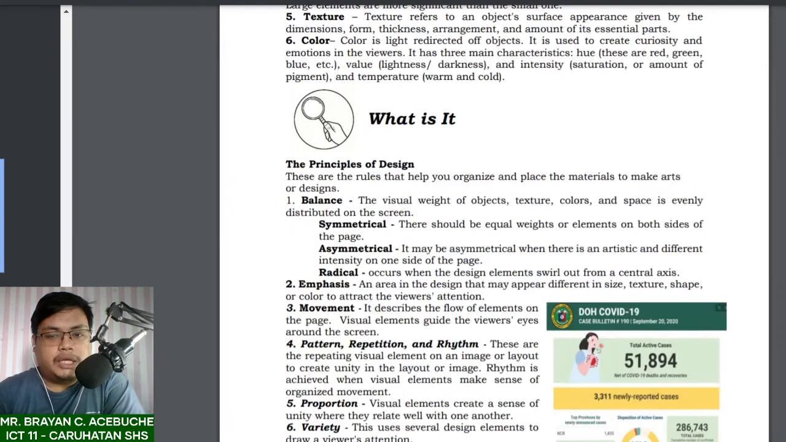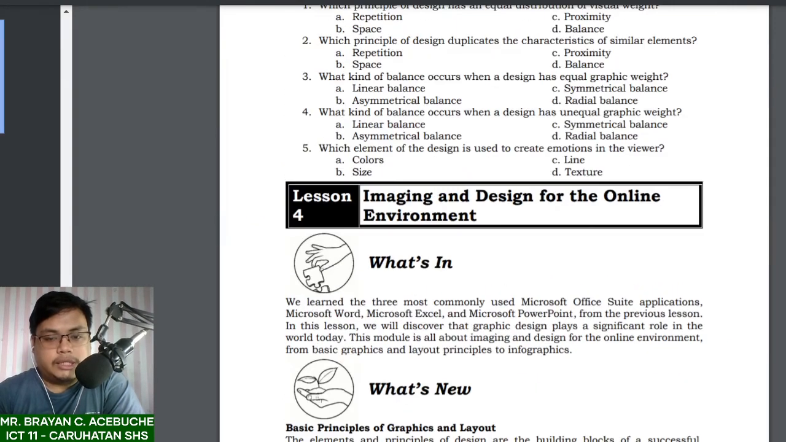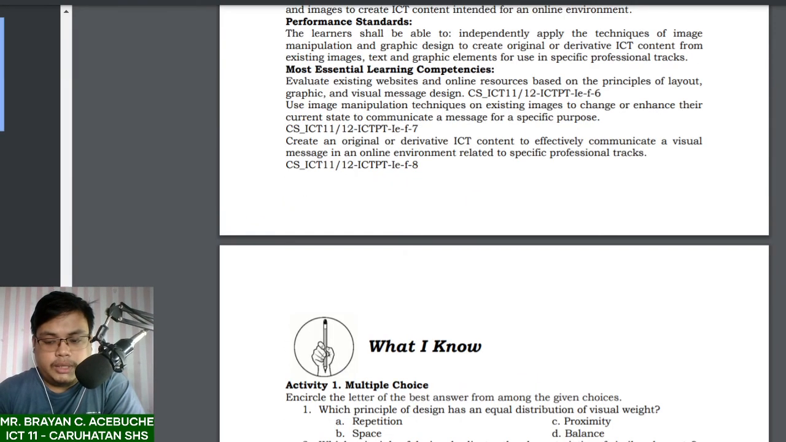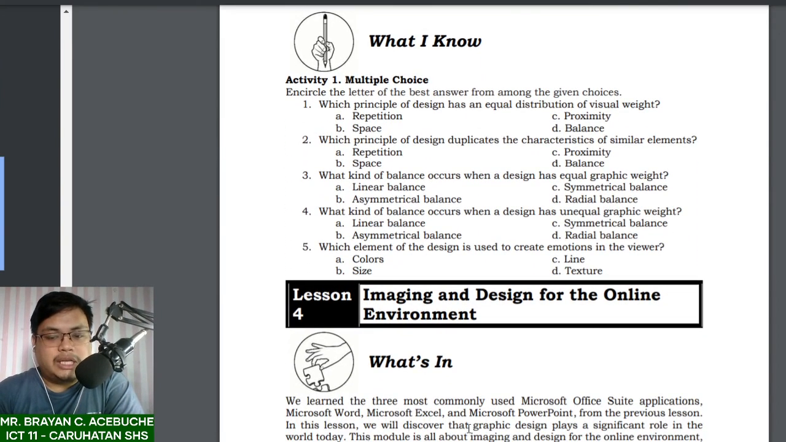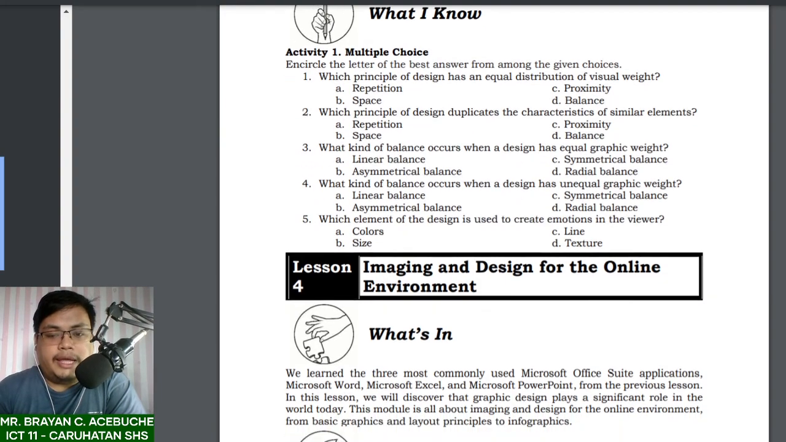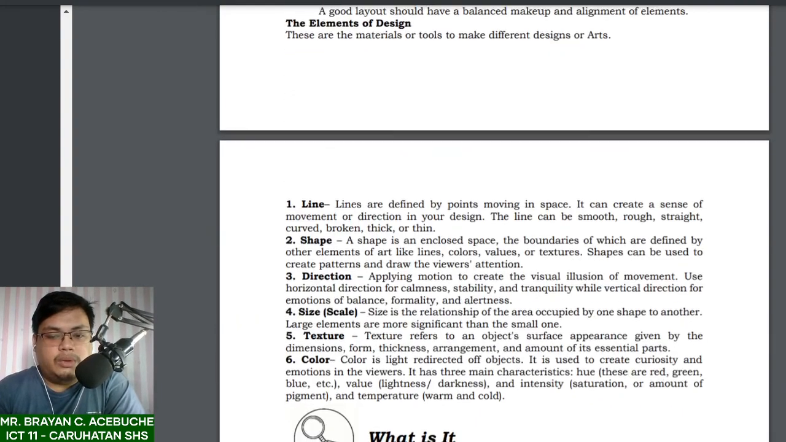Okay, so you have to answer activity number 1. Actually, nasa taas. Ito yan. This one is the activity number 1. So, multiple choice. Alam nyo na ang gagawin po dyan. Okay? And then, the next activity will be,